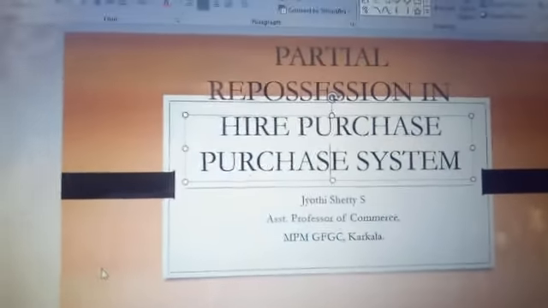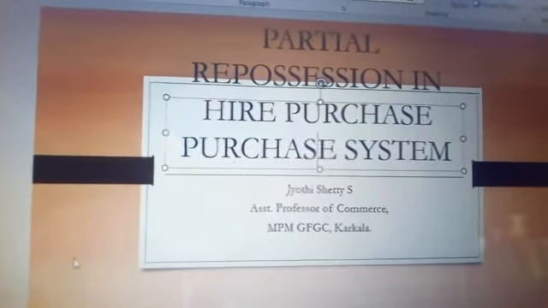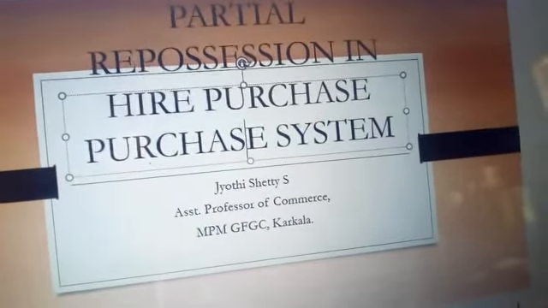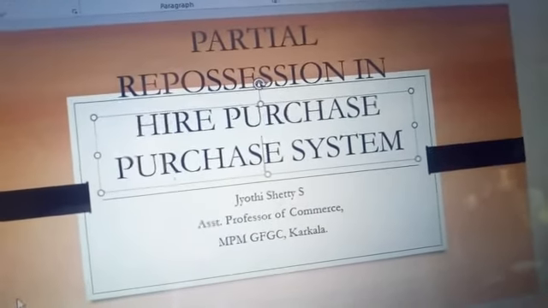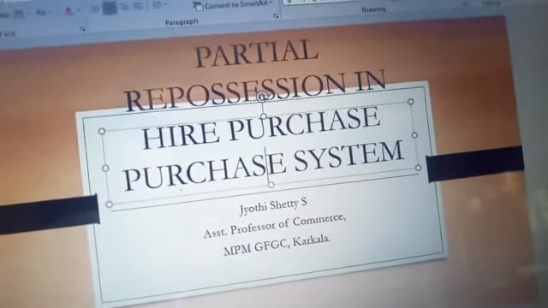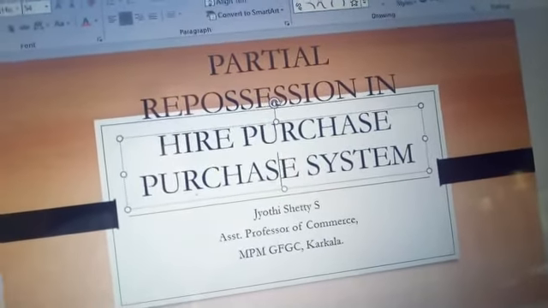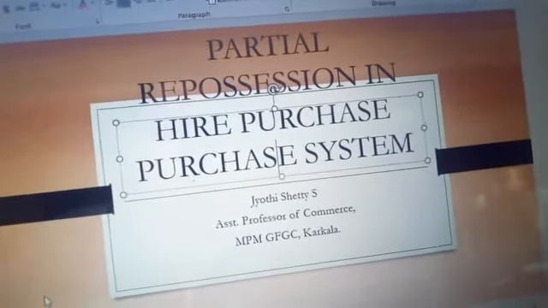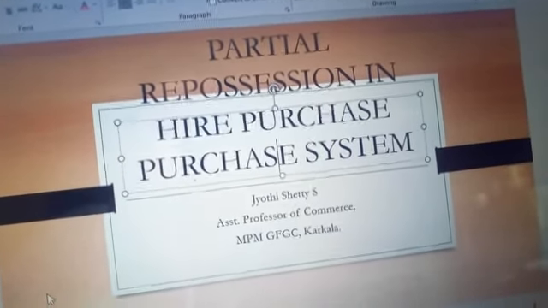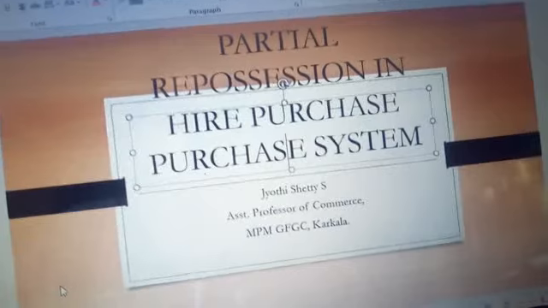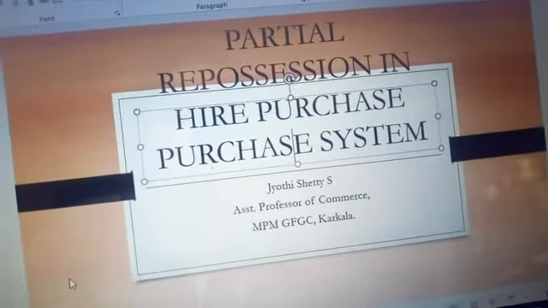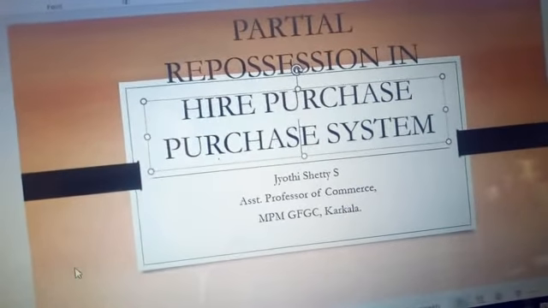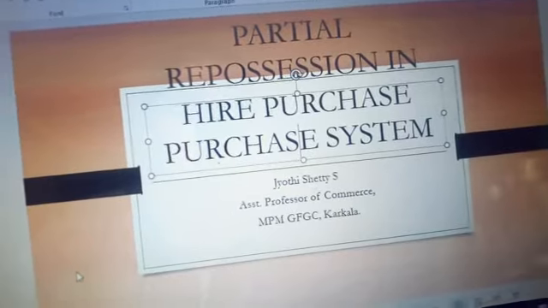On default, 1 car was left with the buyer, means the total cars purchased were 4 cars. On default, 3 cars were repossessed by the hire seller and only 1 car is retained with the hire purchaser. Seller, after spending rupees 1,200 on repair, sold away all the 3 cars for rupees 35,000. So the hire seller, after repossession, incurs the expense of rupees 1,200 and will sell all the 3 cars for rupees 35,000. And these 2 items we will show under the repossessed stock account.